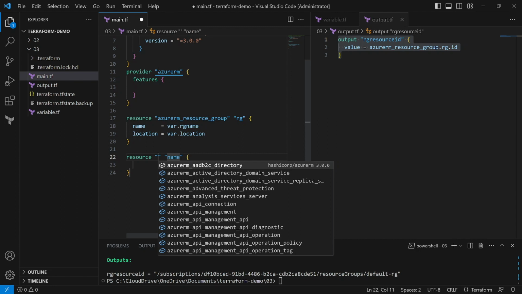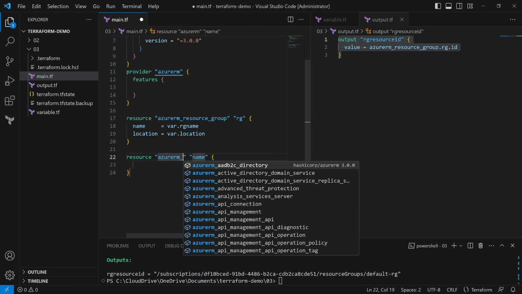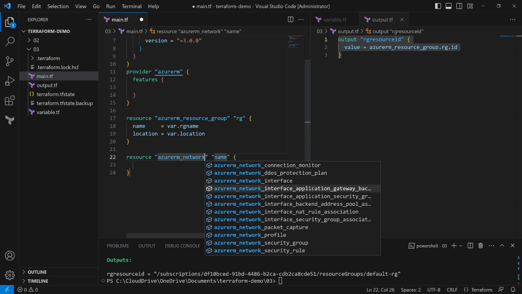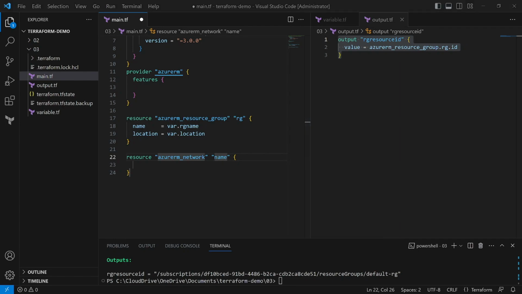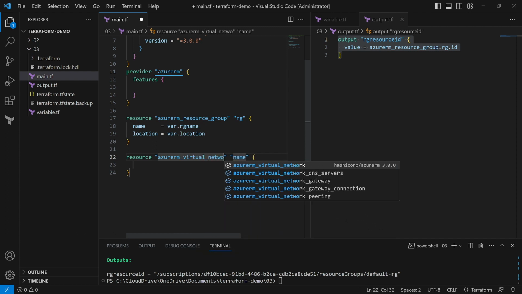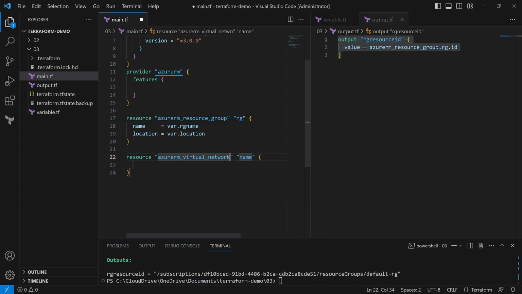You can search your provider resource here as well. So here I write Azure RM underscore. If I write network, then you can see I have so many things here: network watcher, security, etc. So if you want to create a virtual network, what resources are required here? We need to have a virtual network resource. So let's search for virtual underscore network. Here you can see the first resource. I want to create a virtual network, so this is the first resource provider, and now we need to give